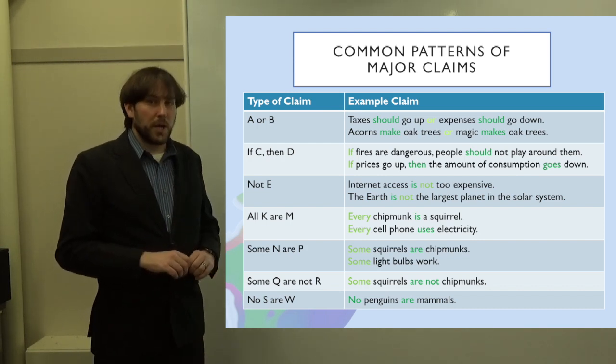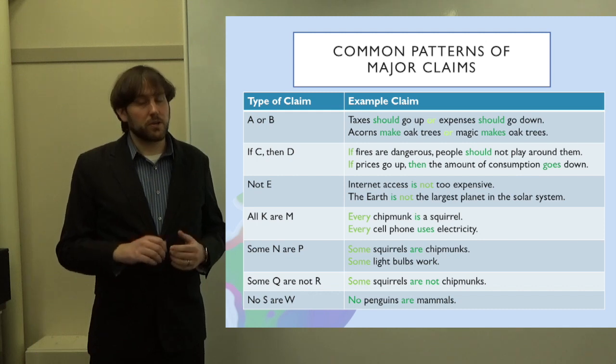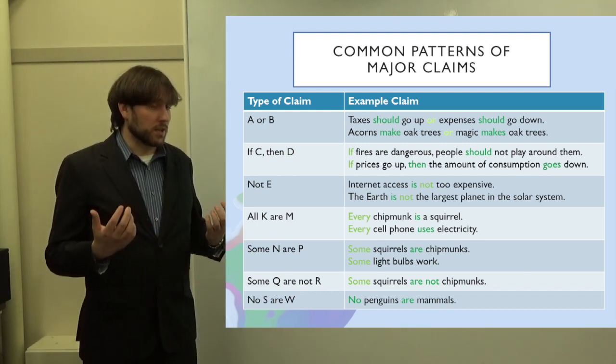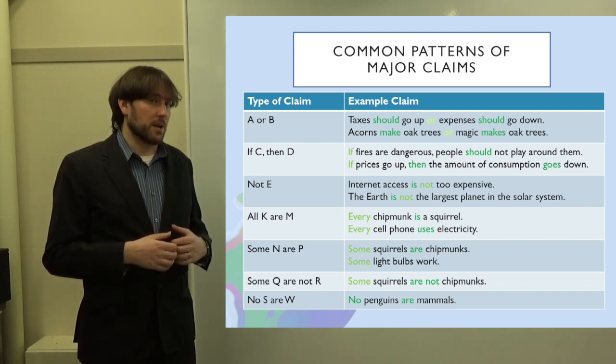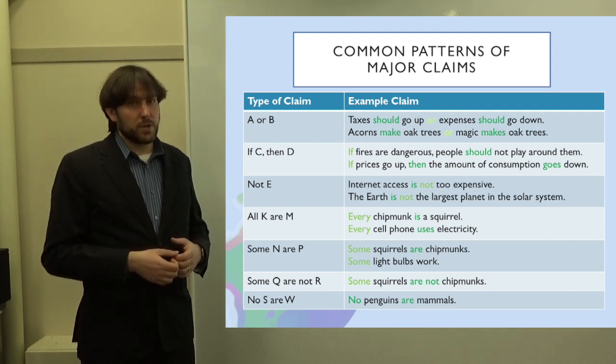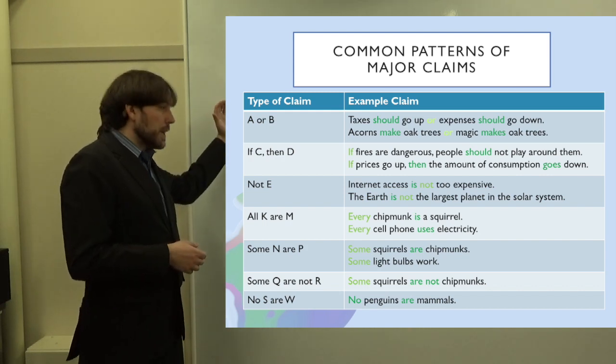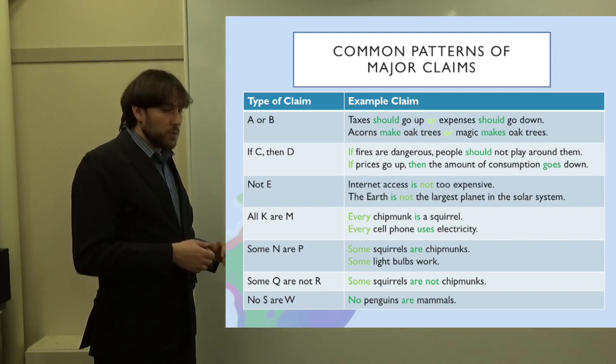No S are W, no penguins are mammals. So this is another claim of this sort where we're working with categories. We're saying no thing that is a penguin is at the same time a mammal, because penguins are birds and no birds are mammals. So these are some of the basic patterns that you might see